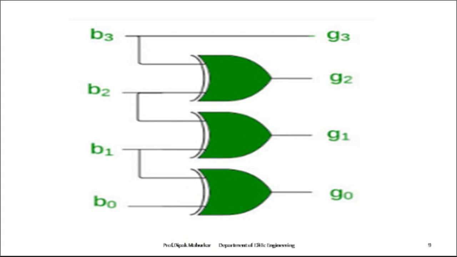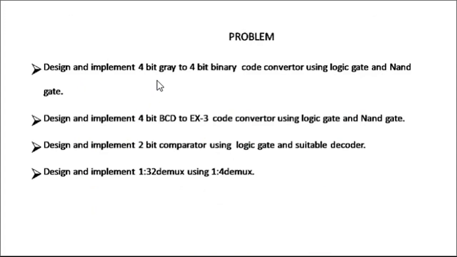For that, there are a number of examples. We are also required to convert gray to binary, BCD to XS3. We can convert any number system to another number system. So it's a code converter. These are the sample examples given for how to convert binary to gray. It is 4-bit; we can also do 3-bit. 4-bit or 3-bit depends upon the question. Okay. Thank you.